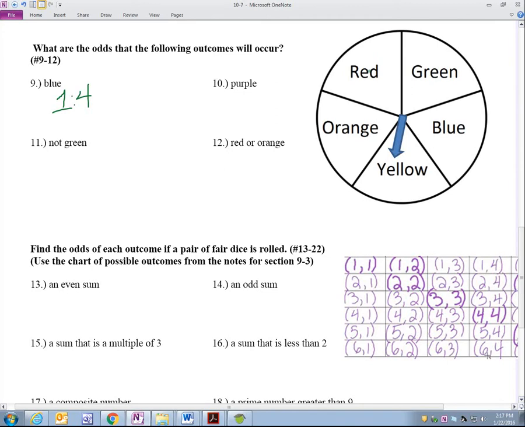Now, trying to get a purple. Bradley. 0 to 5, exactly, because if you are trying to get a purple on this spinner,